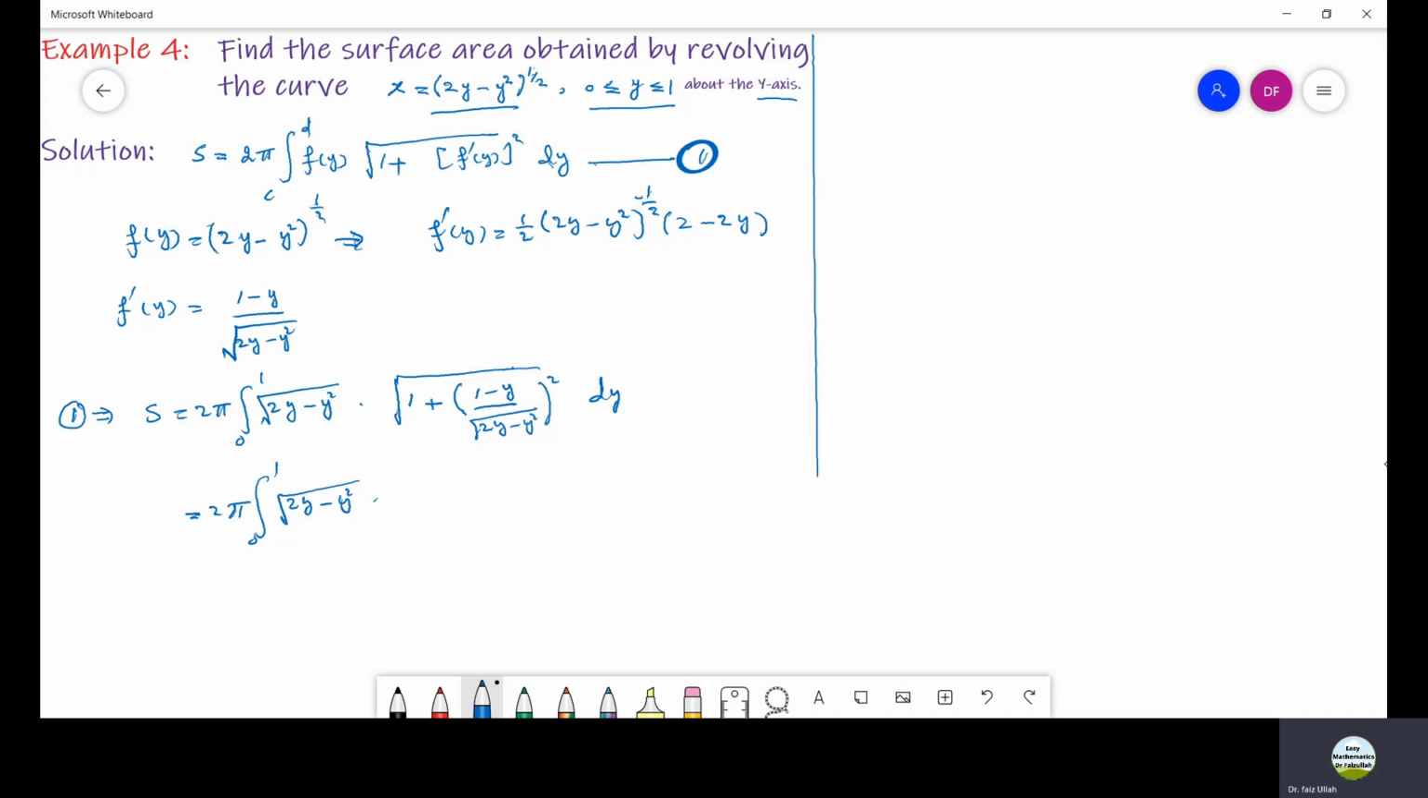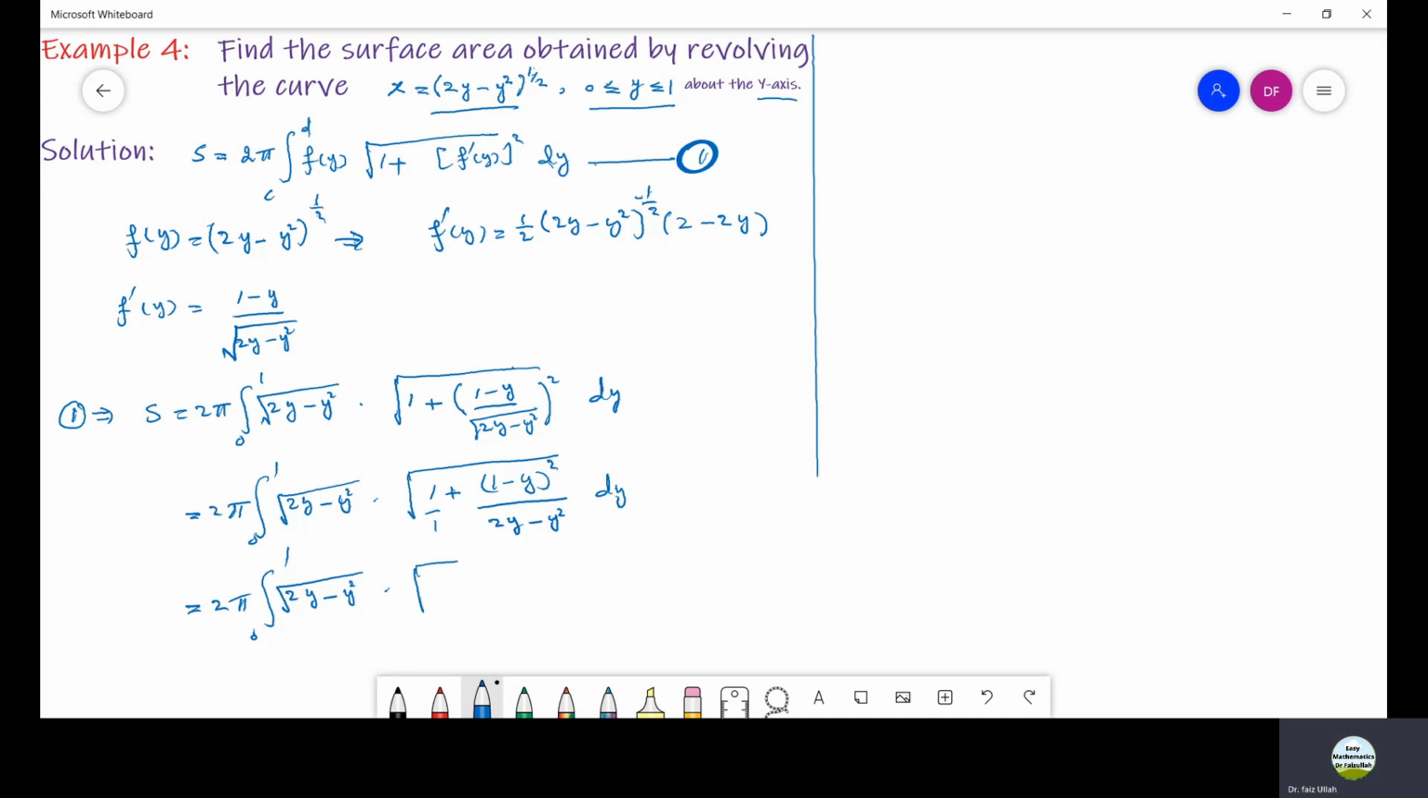And from here we get under the root 1 plus (1 minus y) whole square divided by 2y minus y square. Root will cancel with square into dy. Let us take the LCM of these two terms and expand (1 minus y) whole square. So we get 2 pi, integration is from 0 to 1, 2y minus y square under the root, and from